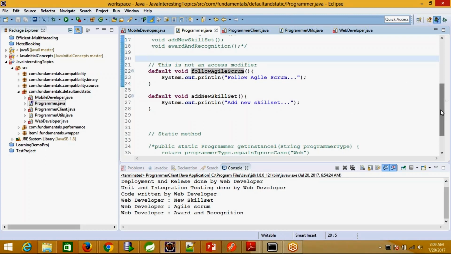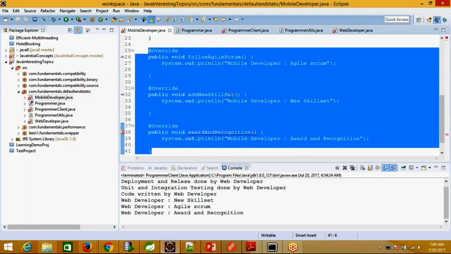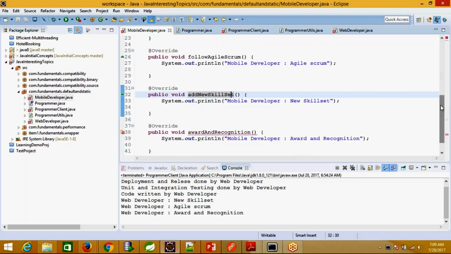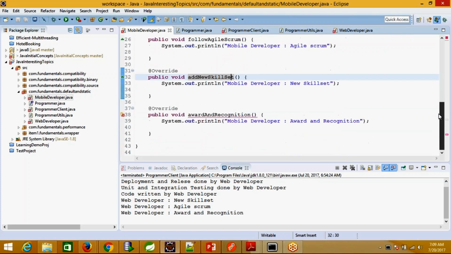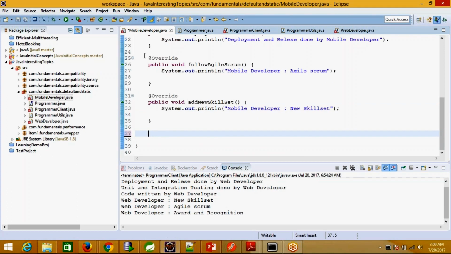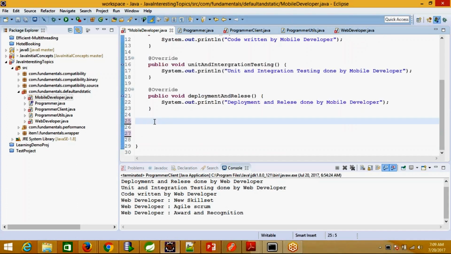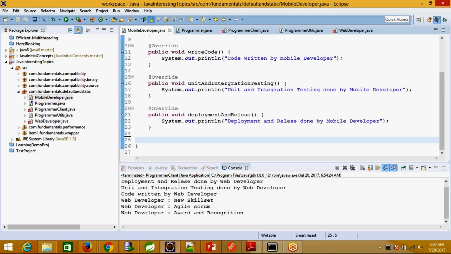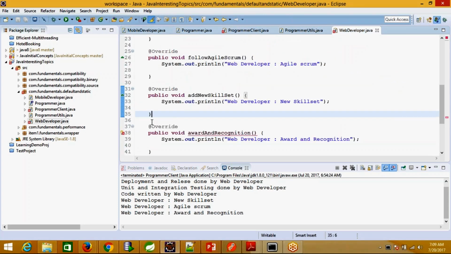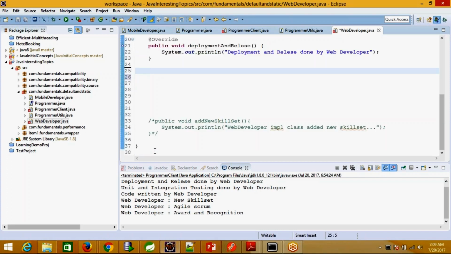So what is an advantage of these features? Now have a look at this part. So I'll go one more time here and will remove the unnecessary part from these code. Okay, and from the web developer also let me remove that part. We don't need this now.